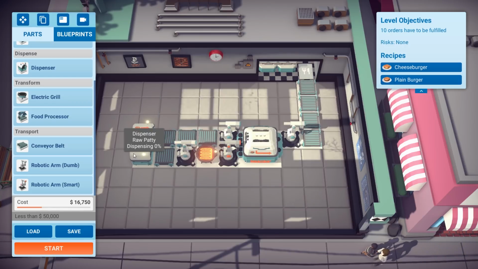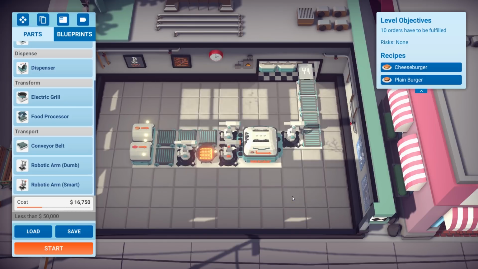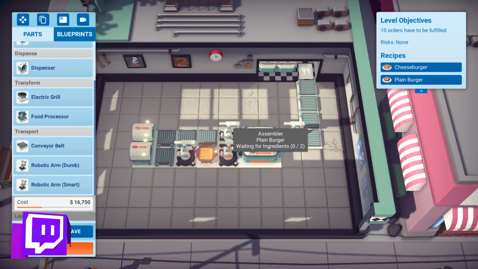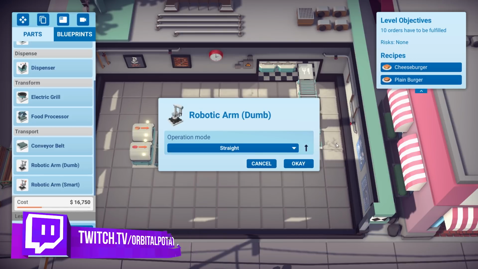The patty, on the other hand, is going to be dispensed out of here. It's going to be picked up by the dumb arm. It's going to be slapped on the grill, and it's going to be cooked to delicious perfection. Then it's going to be transferred by the smart arm, which I've specifically said only pick up the patties that are actually cooked. Don't pick up any raw patties. That's going to be transferred into the assembler. It's going to be combined with the delicious bun, and then it's going to be transferred out by this dumb